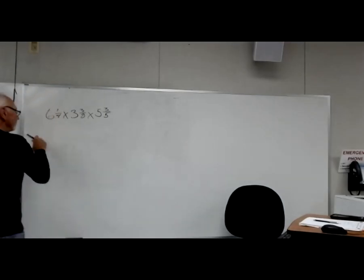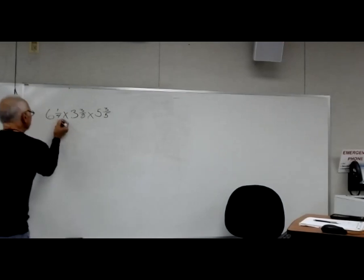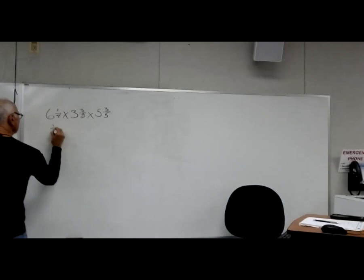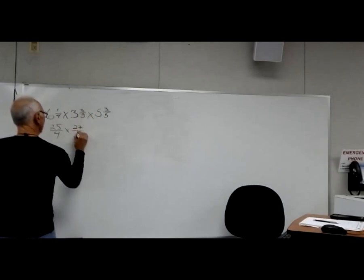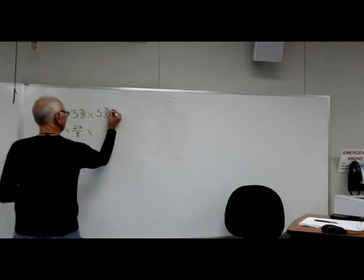So we have mixed numbers, whole numbers and fractions. What are we gonna do? Change all these guys to improper fractions, right? So let's make that 6 1/4 an improper fraction. 6 times 4 is 24 plus the 1. That makes that 25/4 times 8 times 3 is 24 plus 3 is 27/8. Times 5 times 5 is 25 plus the 3 is